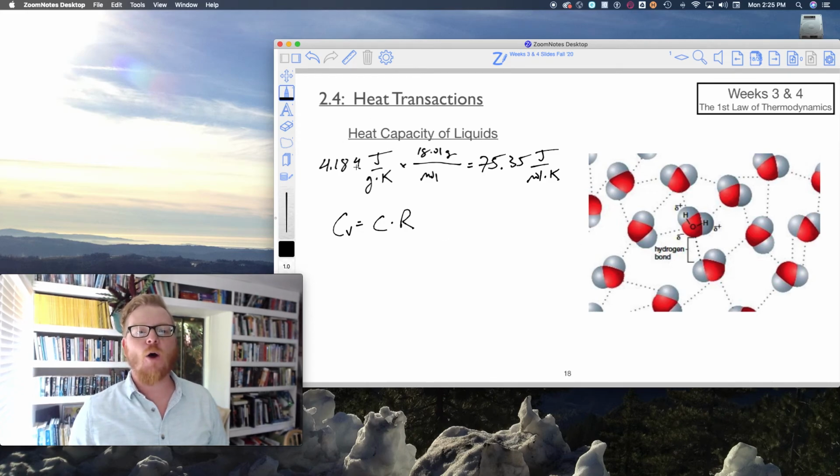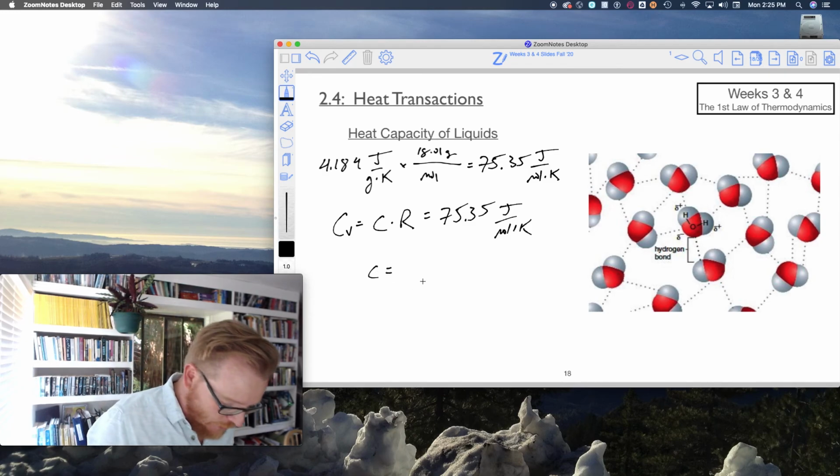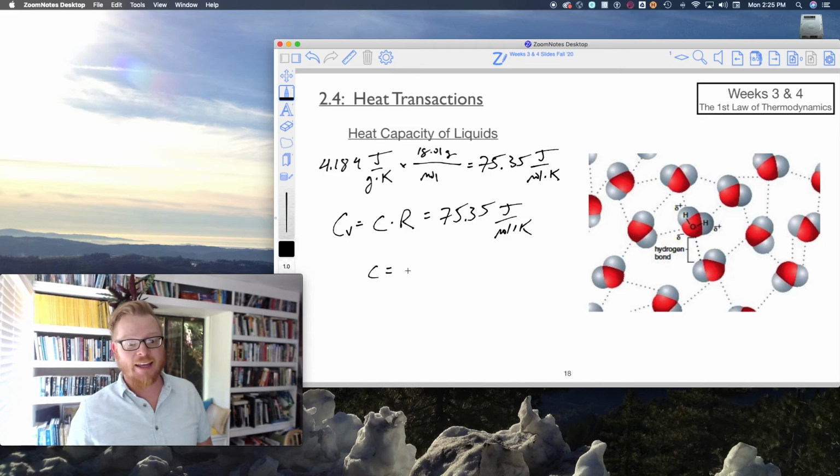Okay. Well, I know that the specific heat is 4.184 joule per gram per Kelvin, and I know the heat capacity is 75.35 joule per mole K. Then what is this constant? Well, divide 75.35 by R. So let's do that. I'm gonna divide that number by 8.314. This is awesome. I get